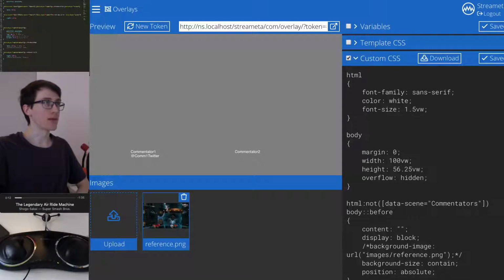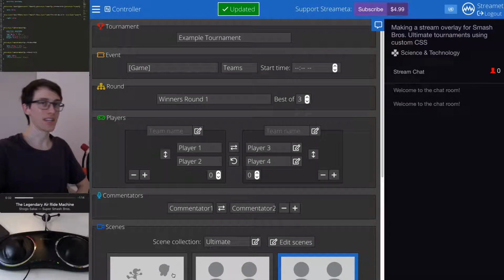Alright, welcome back to part 3 of making an overlay for Super Smash Bros. Ultimate Tournaments. Last time we left off after making multiple scenes. This one is the commentary scene. Looks pretty bland at the moment. It's gonna stay bland for a little bit, but the problem we're fixing today is when we change scenes,